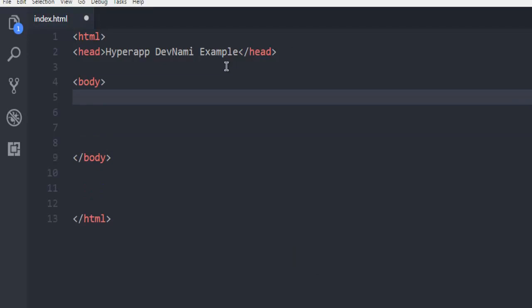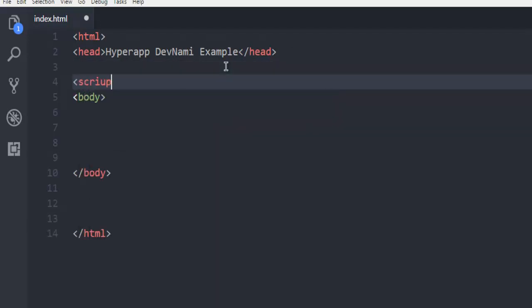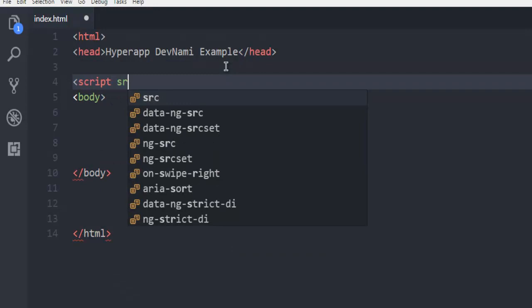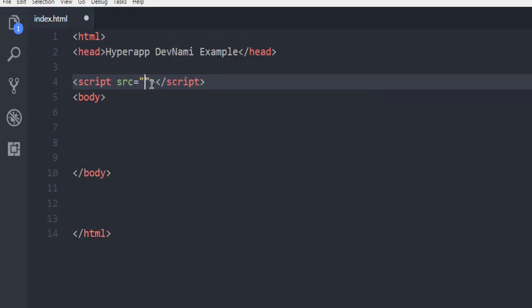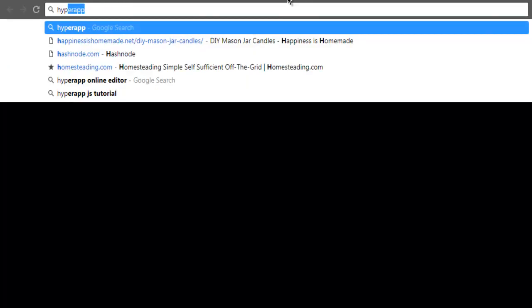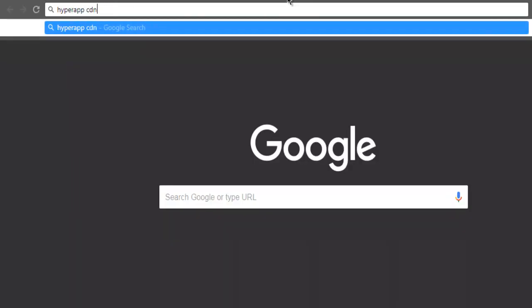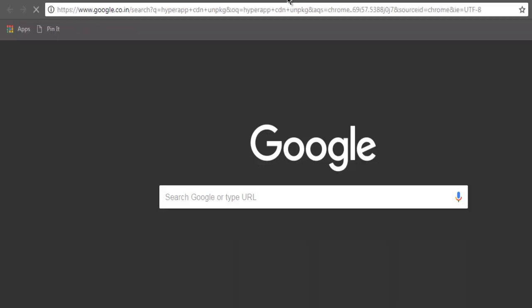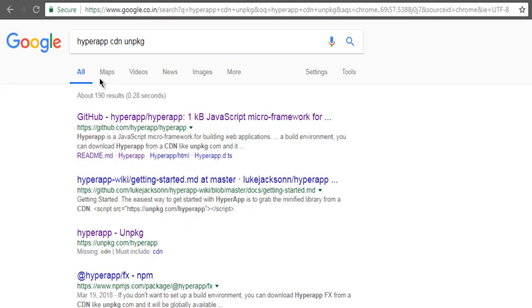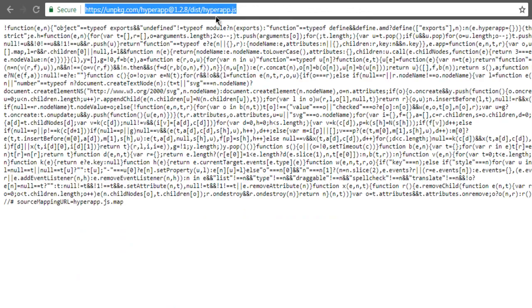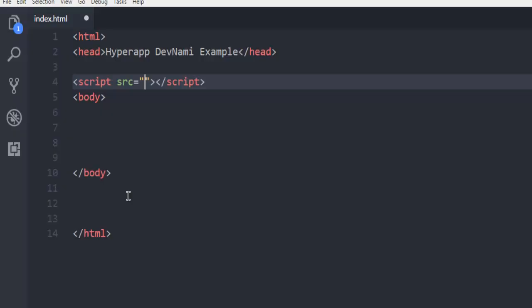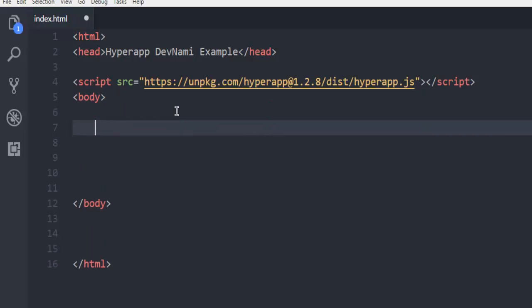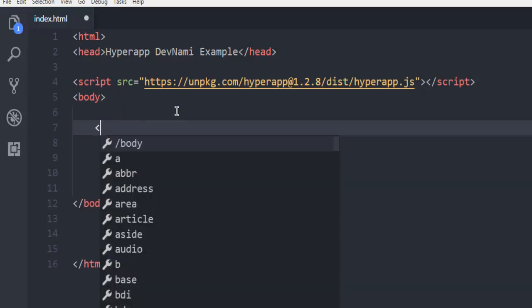Here you can use script source. Okay, now here I'm going to make use of the CDN link. So open the browser, search for HyperApp CDN unpkg. That should point you to the link where you can find HyperApp's latest JS file. You can copy this URL, point to your script source. That's it. Now inside this body tag, simply come up with